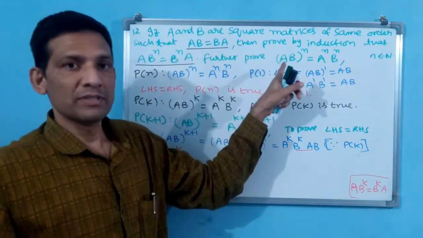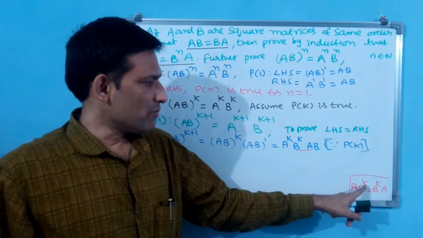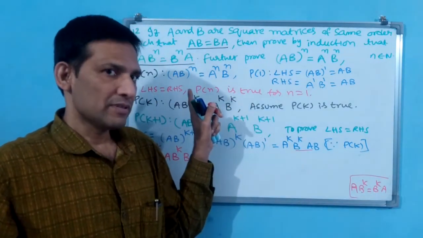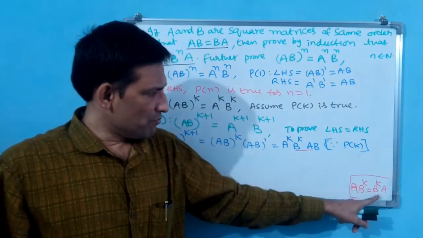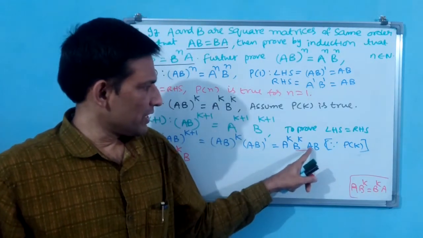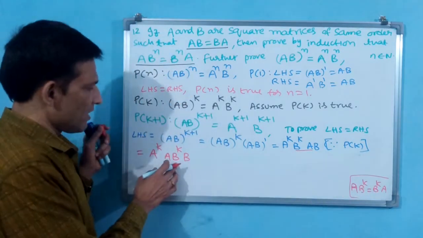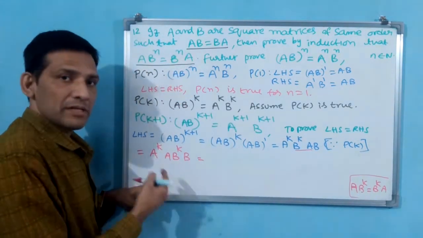And further you do a into b power k is equal to b power k into a. We have already proved this or taken it from the last one. Same, you see, b power k into a is there here. We can convert that into a power a into b power k. Now what is the result?